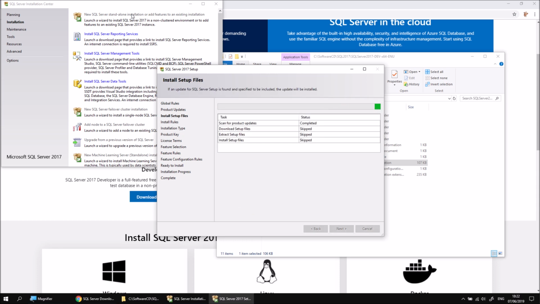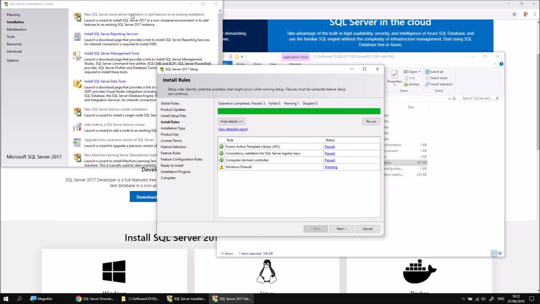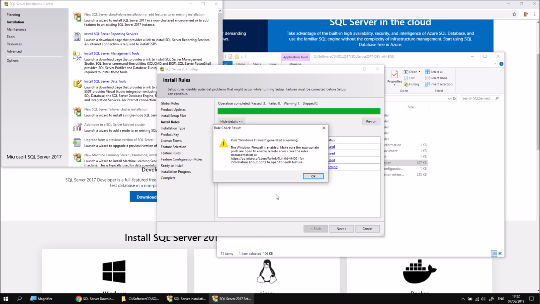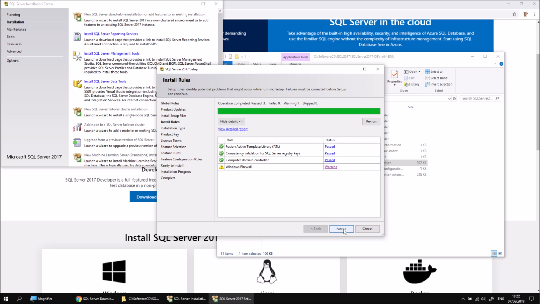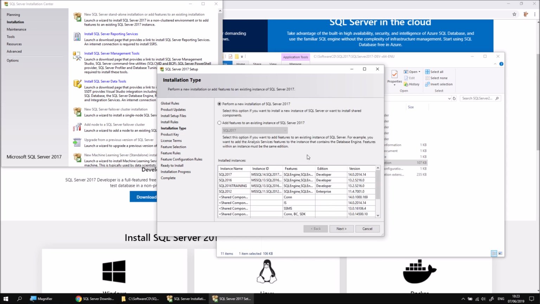So there are several checks going on. First of all, checking if there are any product updates to install, which there weren't, and then scanning for setup files, which it's now found. Then there's a few rules to check that it's able to install SQL Server on this machine. It's passed all of those. There is a little warning about having the Windows firewall running. So if you wanted to see what the warning actually was, you could click the warning option. So just to essentially saying that if you want to be able to connect to this server from remote machines, you'll need to make sure the available ports are open. Anyway, we don't need to worry about that for our basic installation. I'm going to click OK and then click Next to start choosing what type of installation I want to go